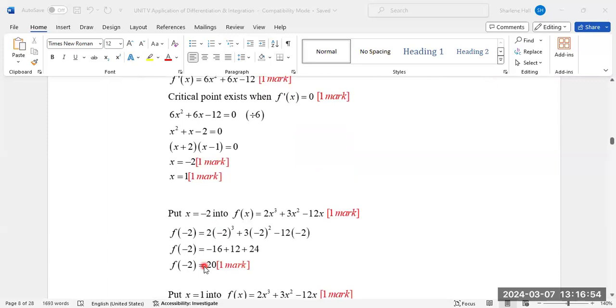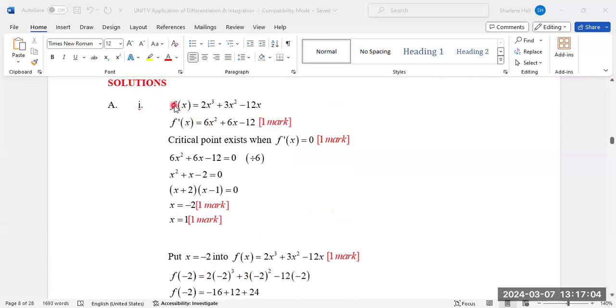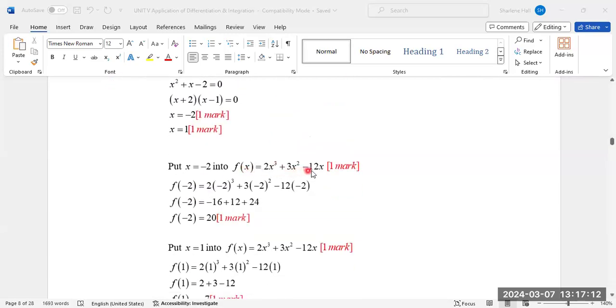Watch me. These are my critical values. In order to find my critical points, I need to take these and substitute them into the original function. So the original function here, f of x is equal to 2x cubed plus 3x squared minus 12x. See it here, so boom. When I substitute all of that,